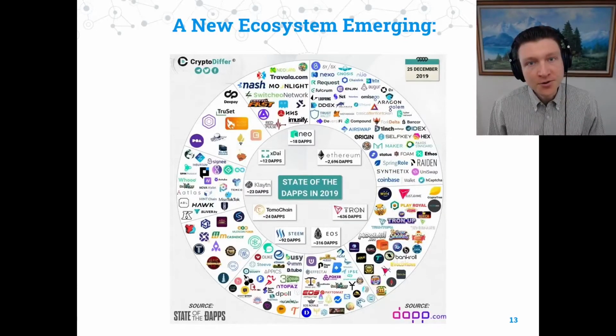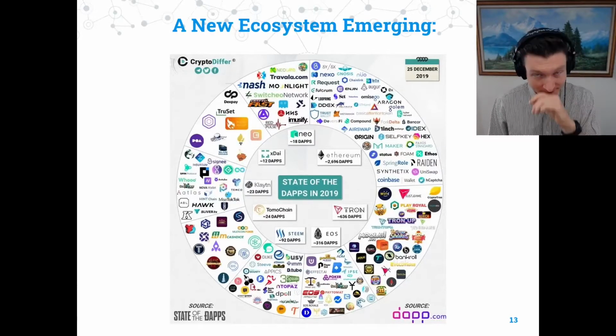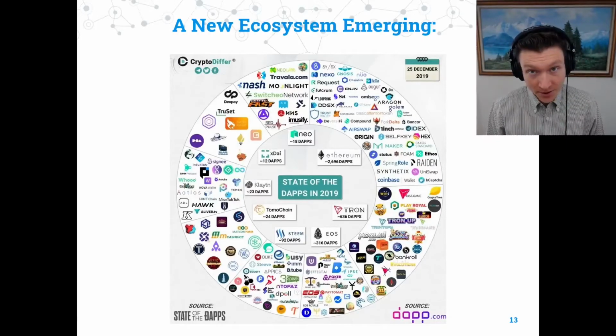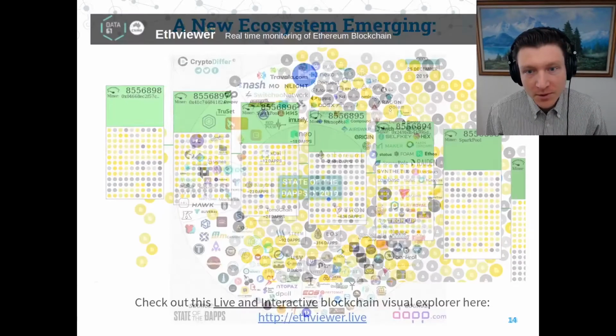But there really is a huge ecosystem that's emerging in general. And I really encourage you to go and explore, if you haven't done so already, some of these dApps that are out there. A lot of them are building on Ethereum. This is the most commonplace. And you can see this is a 2019 snapshot, and definitely there's an explosion all over. But most of them still live on top of Ethereum or Ethereum-compatible networks. So if you would like, we can bring this up in some of the class discussions as we move forward: which Ethereum killers are out there, and who's going to overcome this total market dominance, at least at this moment, of Ethereum.